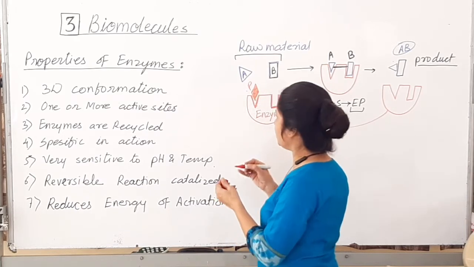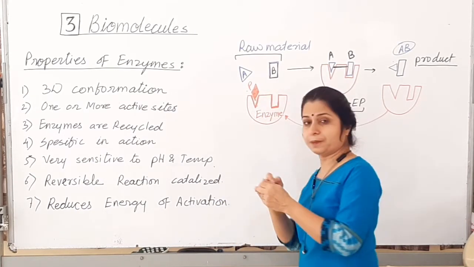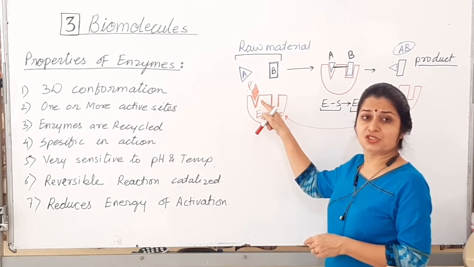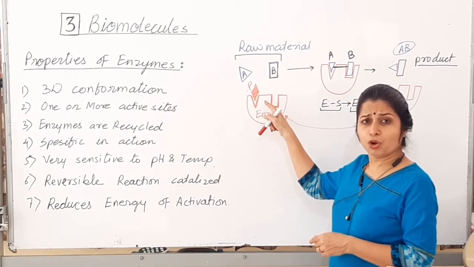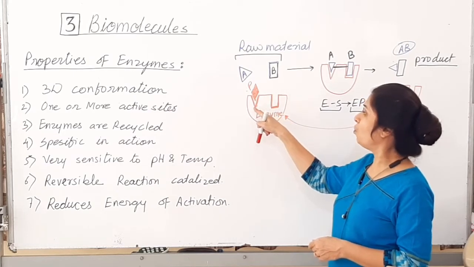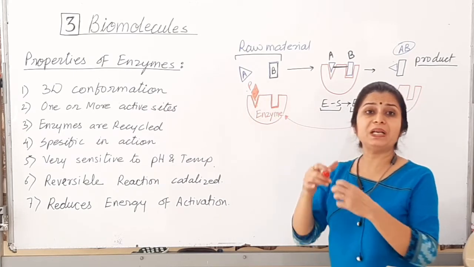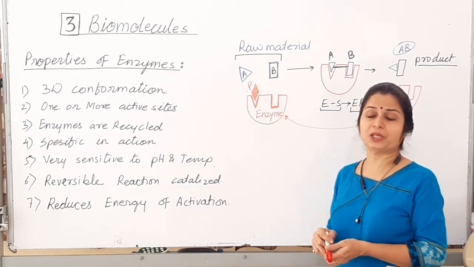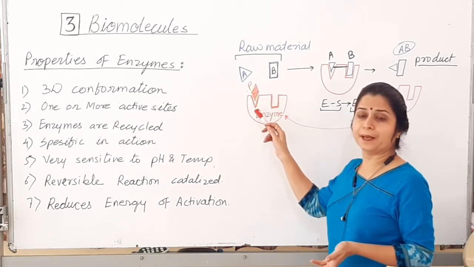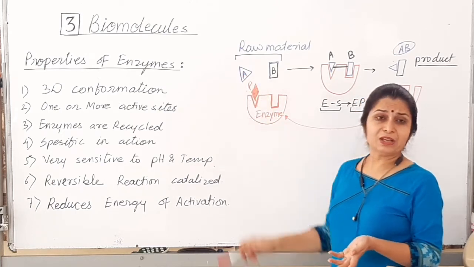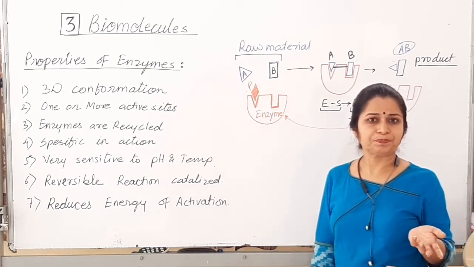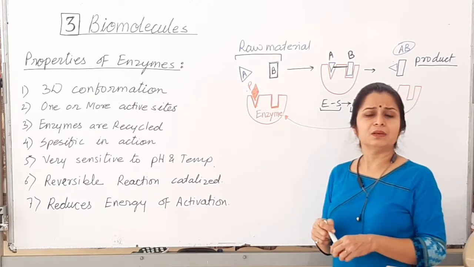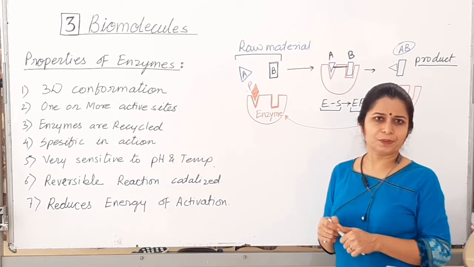Okay, I am labeling it P. It is a poisonous chemical. So see, poison also has orientation or structural similarity, a complementary nature with the active site. So for this active site, P and A compete with each other. If the concentration of A is more, the chances of enzyme reacting with A will be more. If the concentration of P is more, the possibility of the enzyme reacting with P is more.